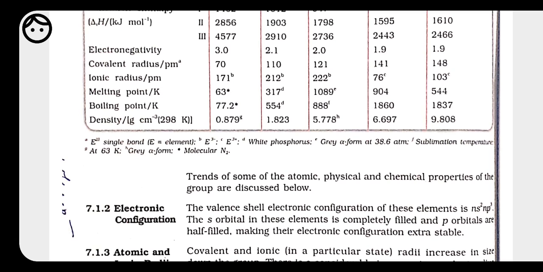Okay, so removal of an electron becomes difficult as the size decreases, because ionization enthalpy is inversely proportional to atomic size. It means if the size is bigger, then the ionization enthalpy is low. But as we move along a period, the size decreases, so the ionization enthalpy increases, because removal of an electron becomes difficult.